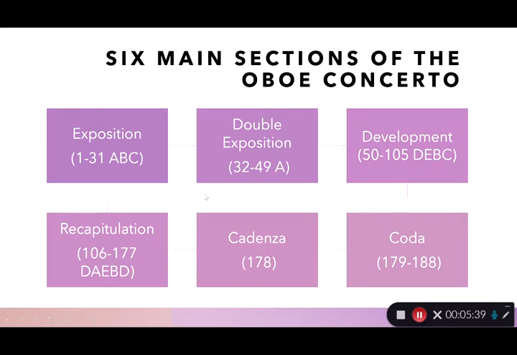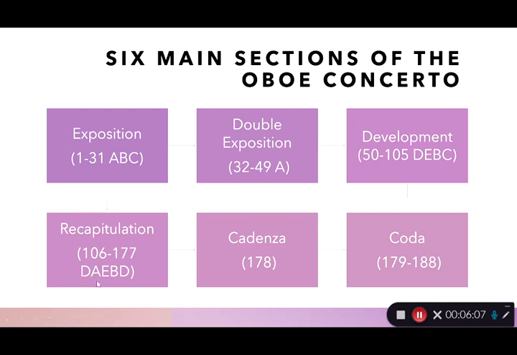So then we come down here and we're at the recapitulation at bars 106 to 177. And here we hear almost every single theme that we've heard throughout the previous 3 sections, except for the C theme. And then something interesting to note about the recapitulation, typically we hear the A theme stated right at the recapitulation, but I've